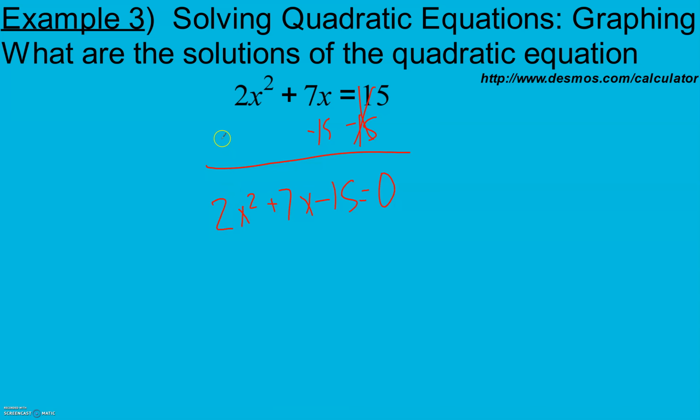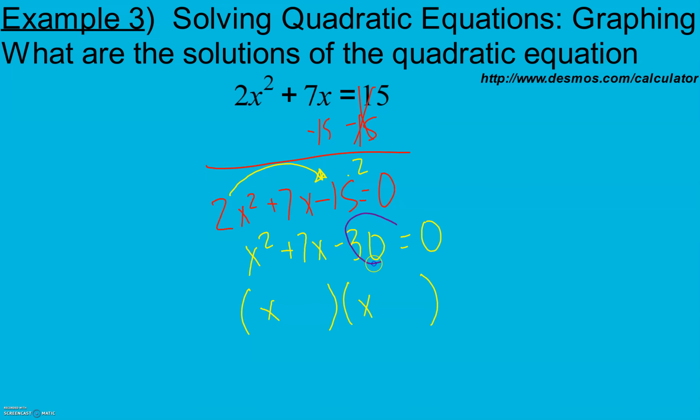I can't take a 2 out of everything, so instead I will swing it as multiplication, rewrite it. Gives me x squared plus 7x minus 30 equals 0. Now, to multiply to x squared is x and x. Here, we are going to multiply to 30 and subtract